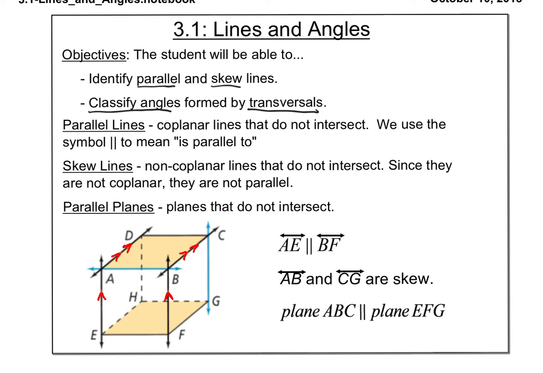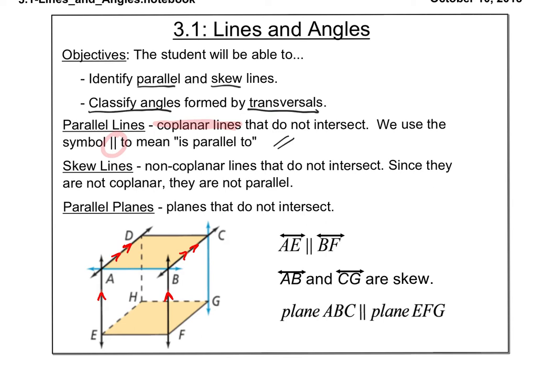You should already know this definition. Parallel lines are lines that do not touch. However, I'm going to add to that definition and say that they are coplanar lines that do not touch. All right, this is our symbol over there, and I will typically write this a little more slanted than that. Now, the reason why the coplanar bit is important is because the next vocab word we're going to talk